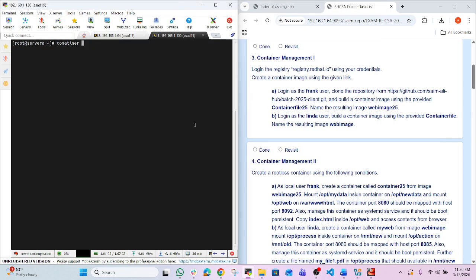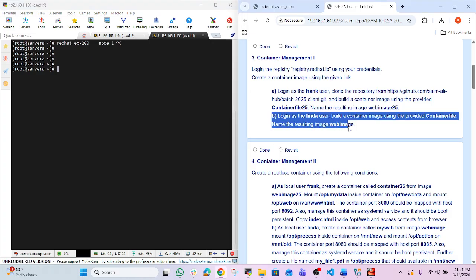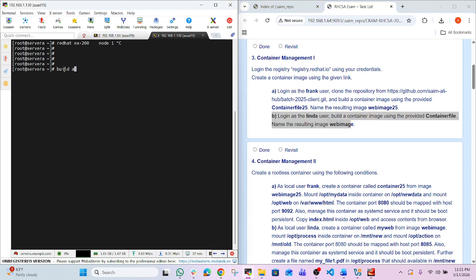So okay, our next question is regarding container, which we are definitely going to get in the Red Hat EX200 exam. The question will be on node 1 and it should have 4 parts. The first question that you're going to get is similar to this: you have to build an image. They will say build an image as user Linda, that we are using right now,